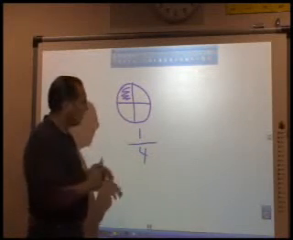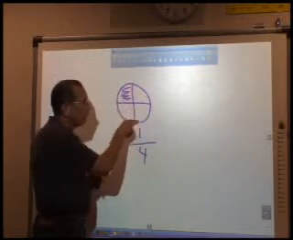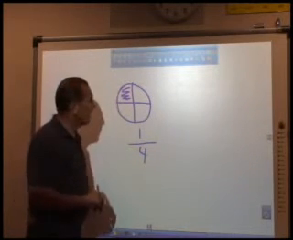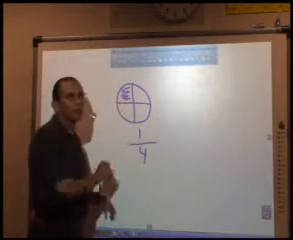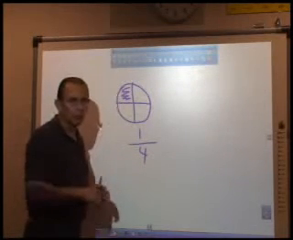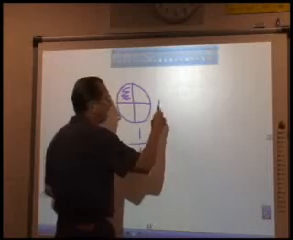Let me do that again. The bottom number tells me the number of parts that make a whole. The top part tells me the number of parts that are selected out of the number of parts that make a whole. Now if I was to add this